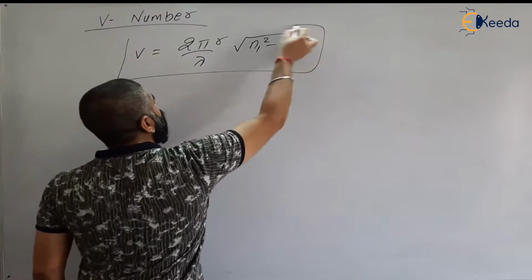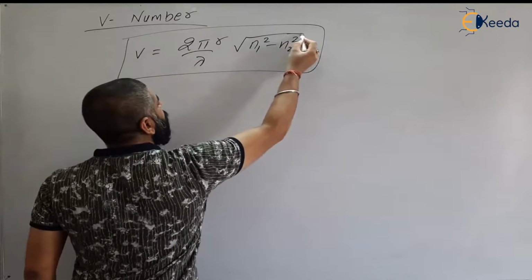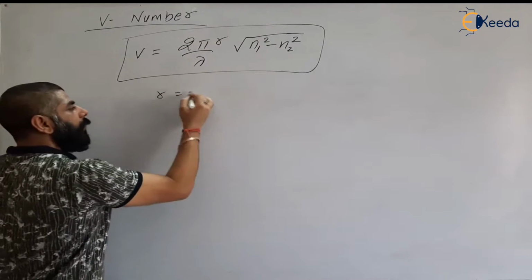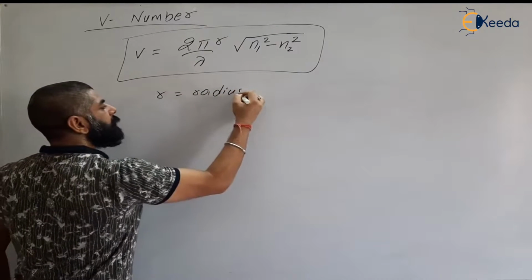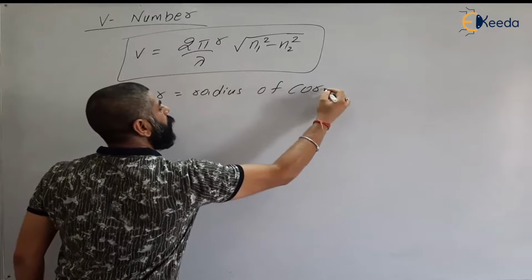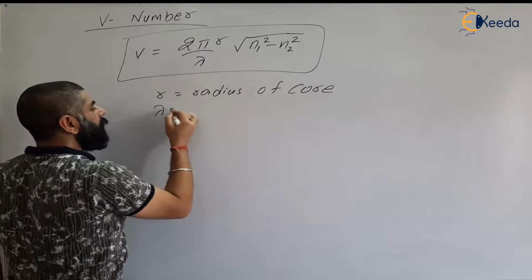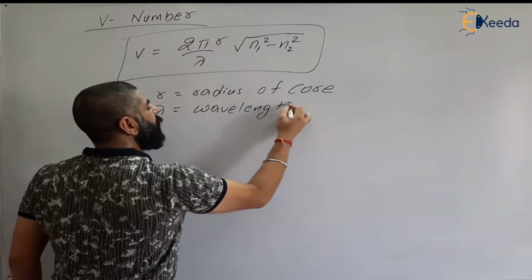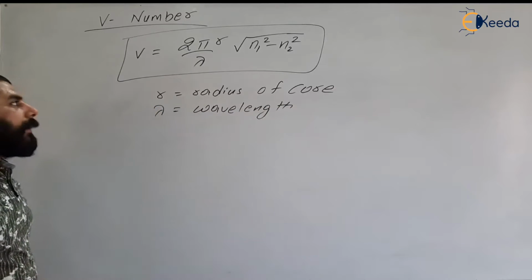So this is the formula to calculate the V number. What is r? r is the radius of core, and lambda is the wavelength of light,